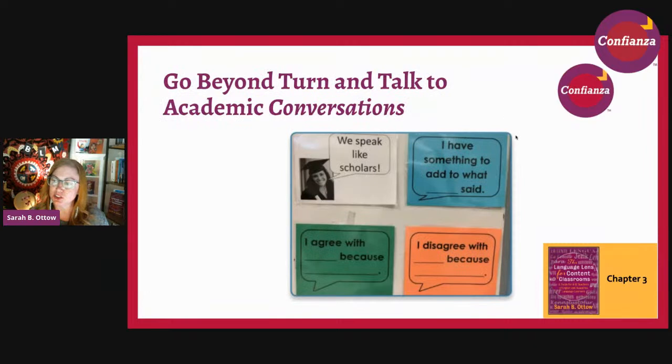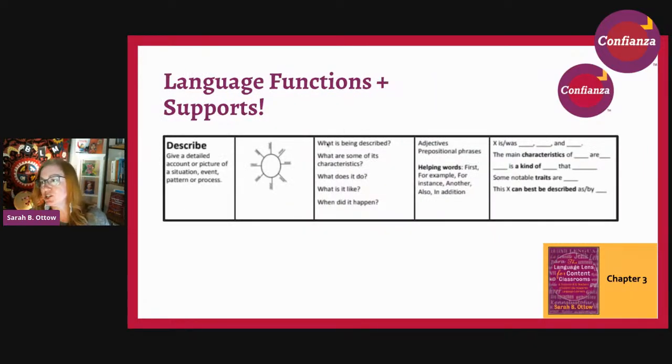And again, not just the teacher doing the questioning, but students questioning and answering back and forth so that it is a discourse, because discourse is back and forth. It's not just one word in one sentence answering a question from a teacher. But having students talk to each other. And so we want to really make this language explicit. It shouldn't be a secret. How do we describe? It shouldn't be a mystery.